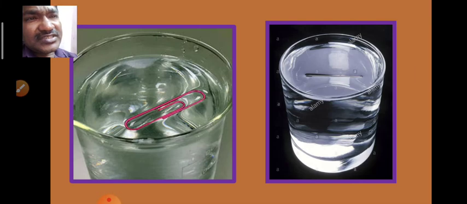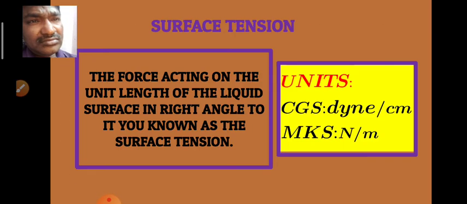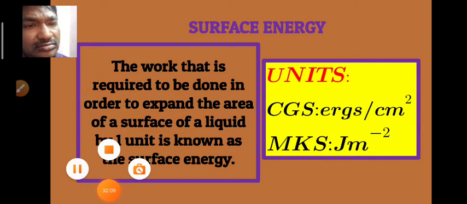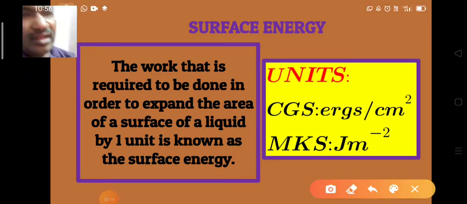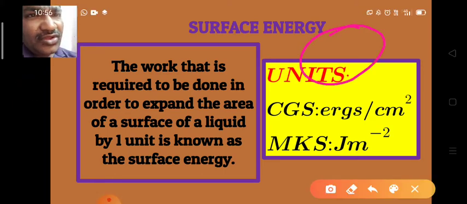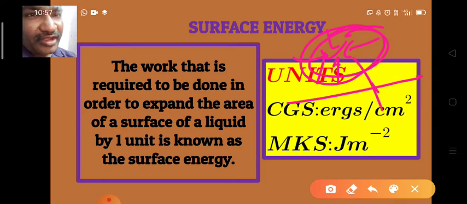Now we define the surface tension like this. Look here. Now we have learned that all liquid molecules have a tendency to go into a spherical shape. That means some inward attraction force acts to change them into the spherical shape. So in order to break this spherical shape and spread this area, we have to apply some force on it.